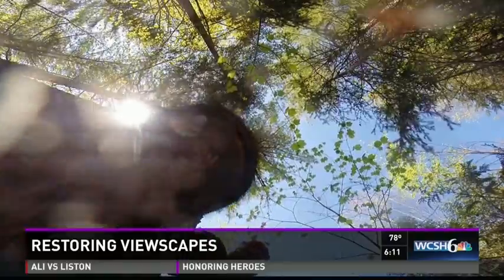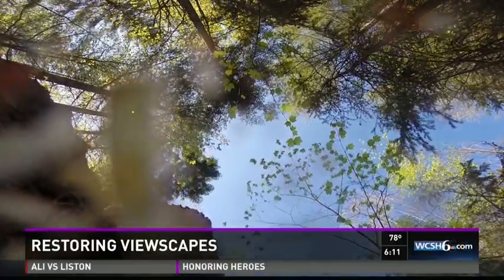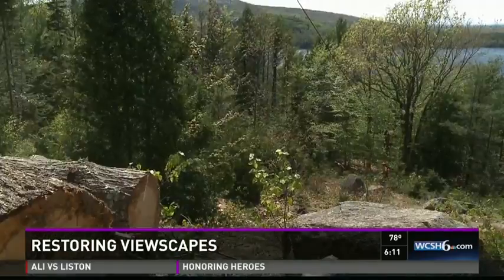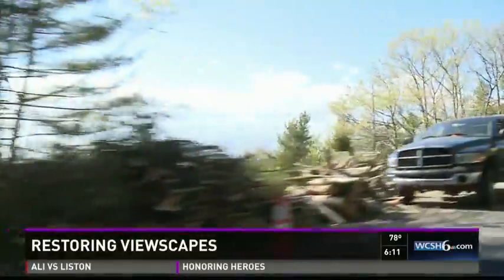We joined students working on a view overlooking Sargent Mountain and Eagle Lake. Under the direction of instructor Louis Morin, they were feathering in the edges of this viewscape. The cut is narrow near the road and then fans out so you get the best look as you approach